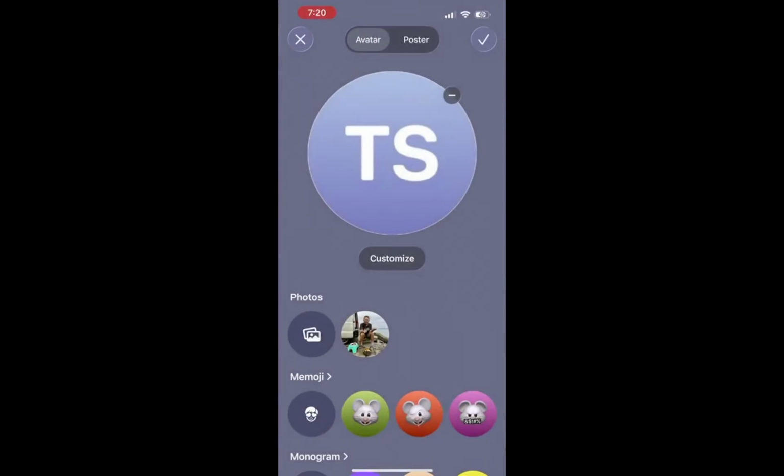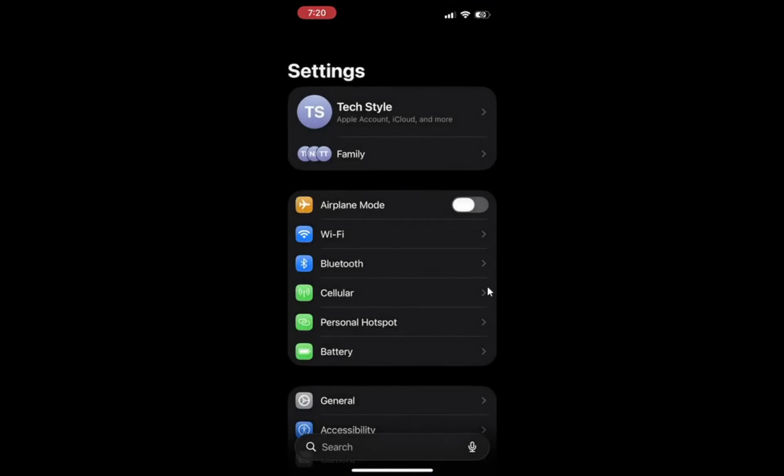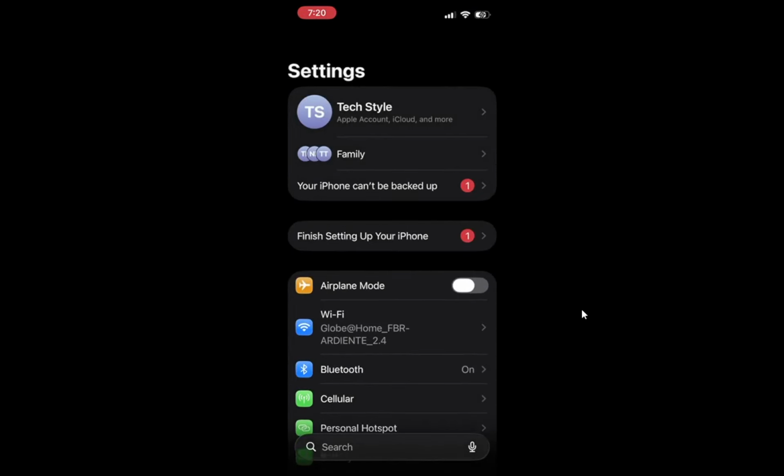Now you know how to find your Apple ID email through various methods. Whether on your iPhone, iPad, or even through your inbox. These steps will help you access your account effortlessly. Remember, knowing your Apple ID email is vital for managing your Apple services efficiently.